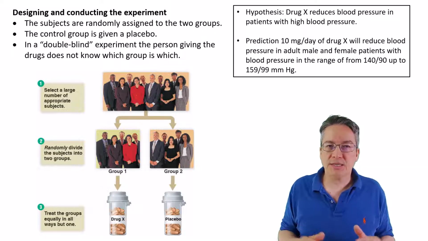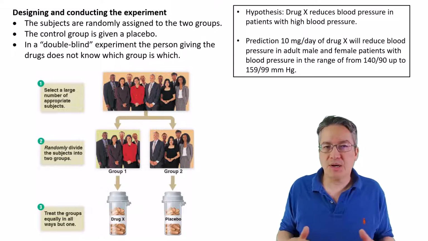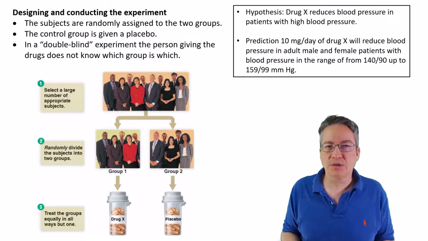But it has to be testable with things we've discussed previously. Now, based on that hypothesis, we then make up our prediction. The prediction is much more specific. So in this case, we're going to say a 10 milligram per day dosage of this drug X will reduce